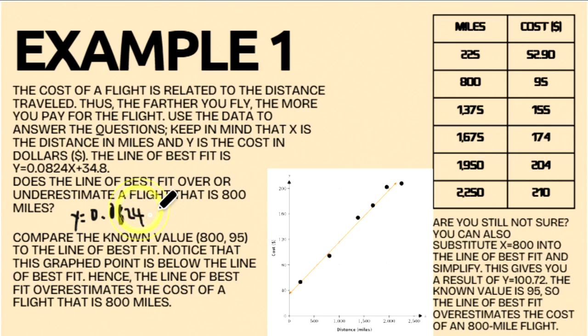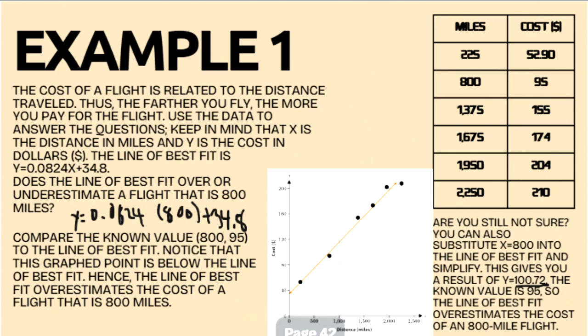0.0824 times 800 plus 34.8. Okay, and let's grab a calculator. And we have 0.0824 times 800 gives us 65.92 plus 34.8 gives us 100.72, okay, which is right here, okay? So this line says it's going to be $100 to fly, but they really only charge 95, so they overestimated